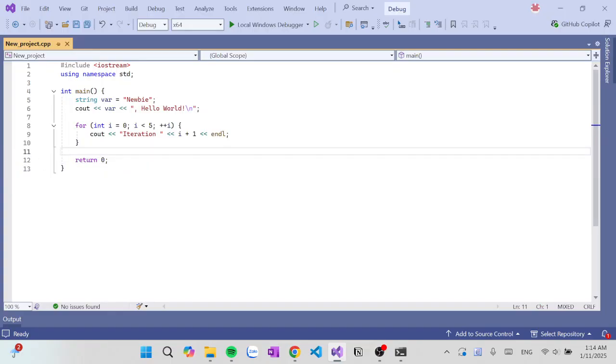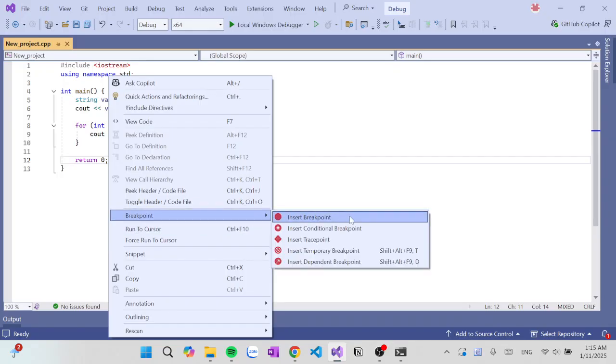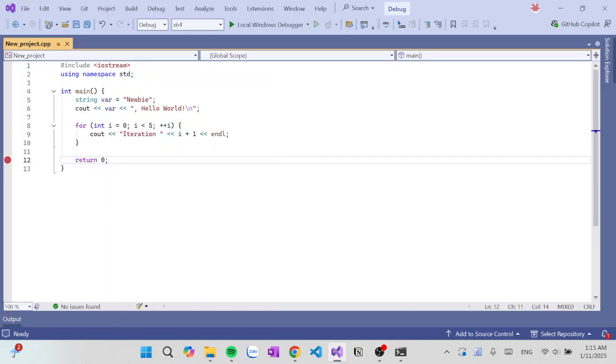There are three ways you can set a breakpoint at a specific line in your code. For example, I want to set it on line 12 here. The first way is to right click at any position in the line, and then you see Breakpoint here. You need to press Insert Breakpoint. The second way is to use the shortcut F9 on your keyboard.